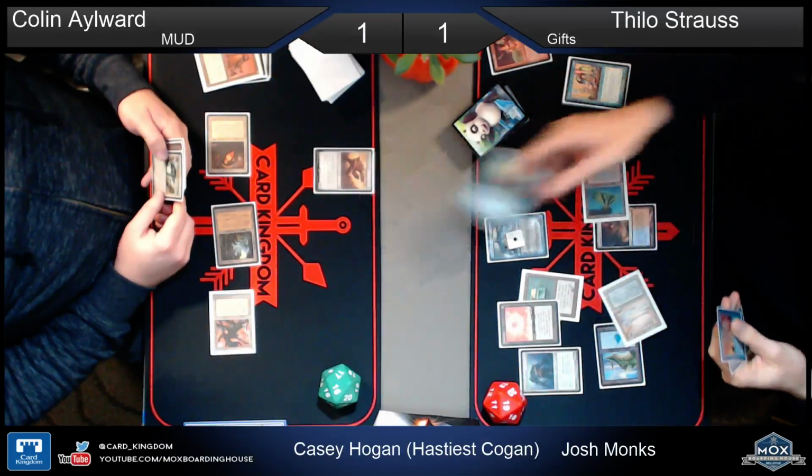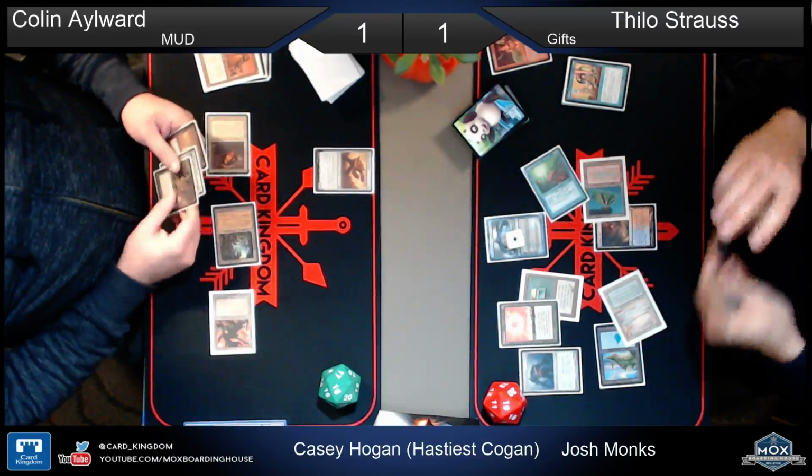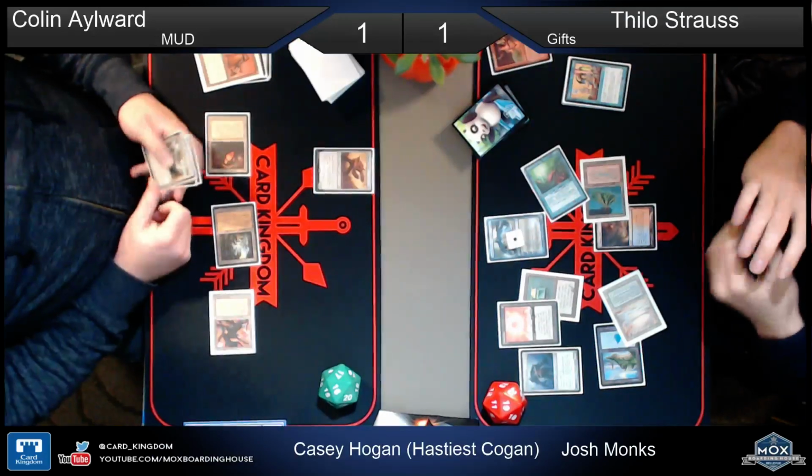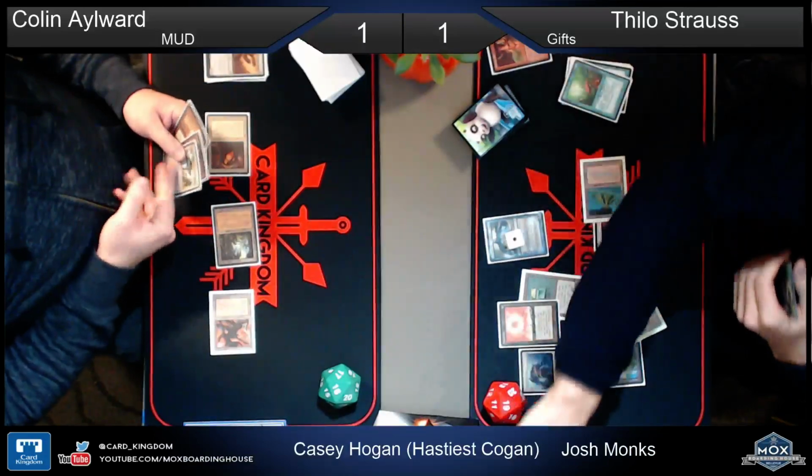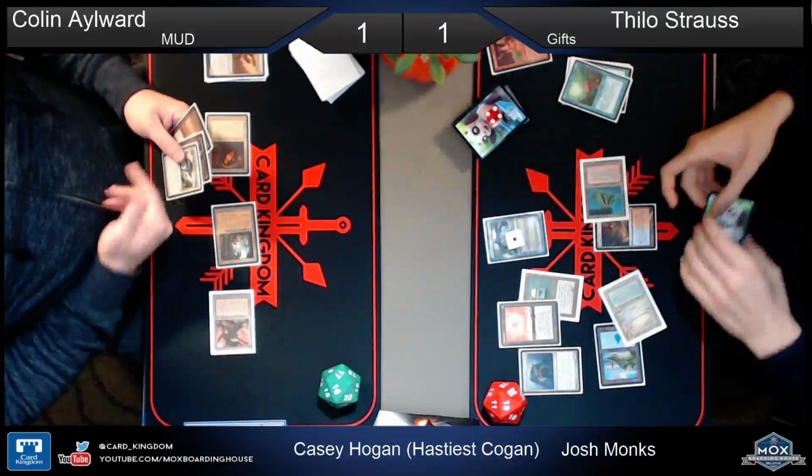Looks like we're going to see a Mana Drain on the Lodestone Golem. Colin's not happy about this one. I wouldn't be. I would have been unhappy from about turn 3. Honestly, I feel like if Colin had gone turn 1 Metalworker,